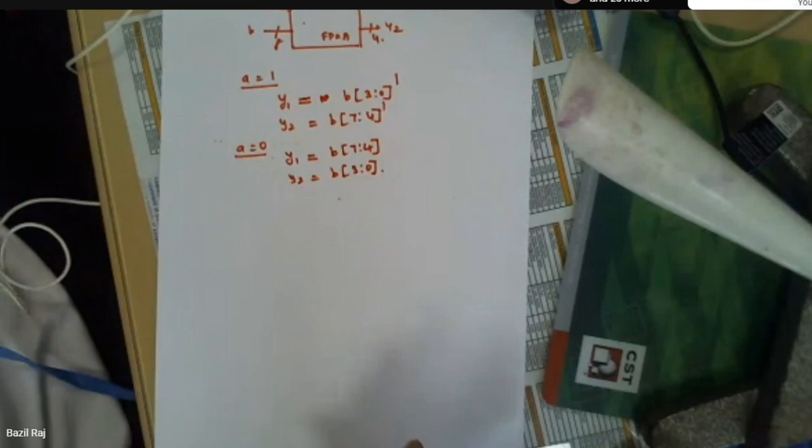This is the if condition, end if. A equal to 0 means Y1 equal to this one, Y2 equal to this one now, right? So this we have done. But how will VHDL take it? How will this one go to the FPGA and how does it sit inside the FPGA? That is our interest today now.